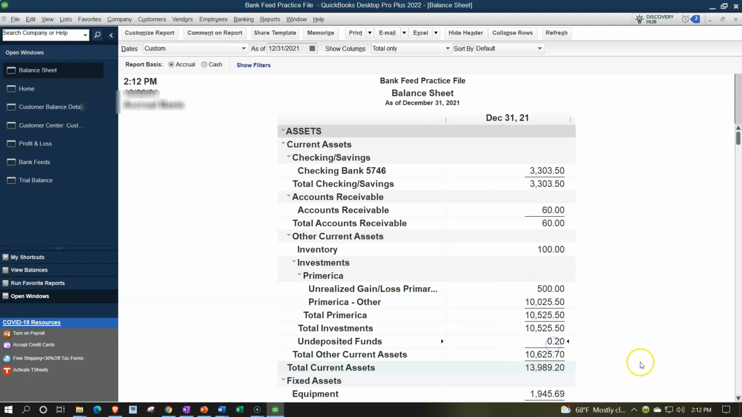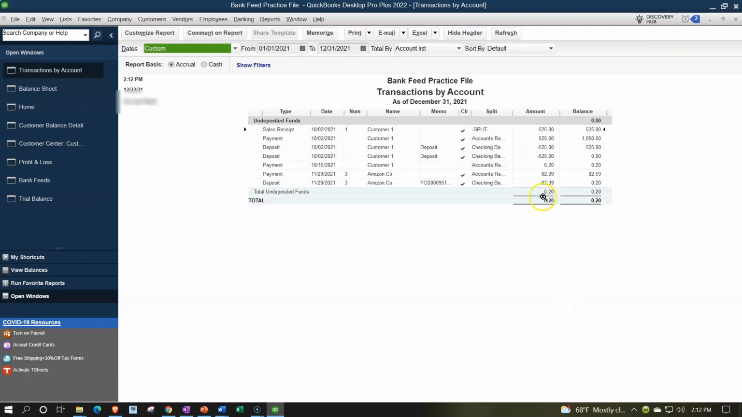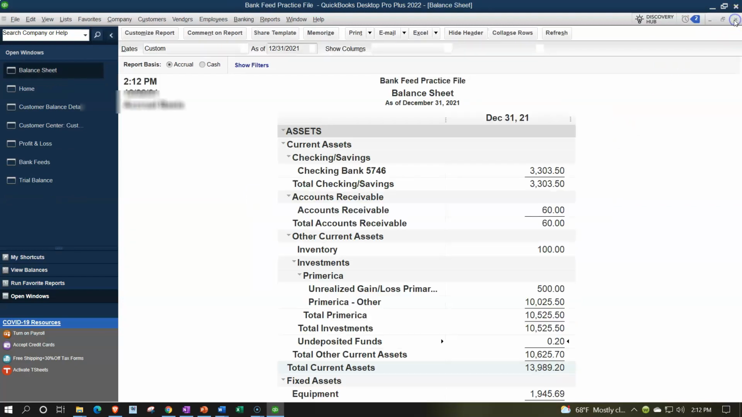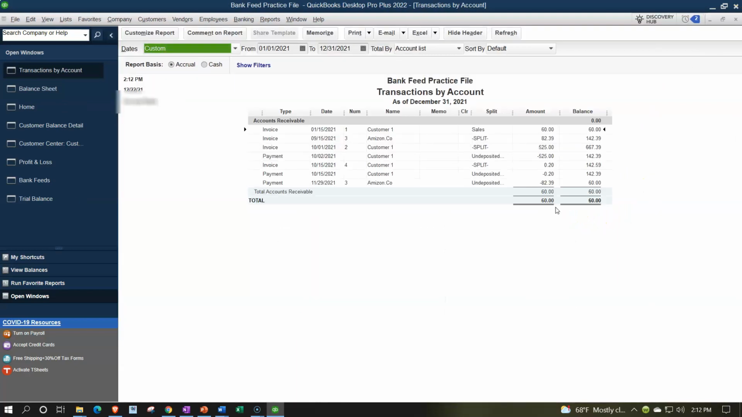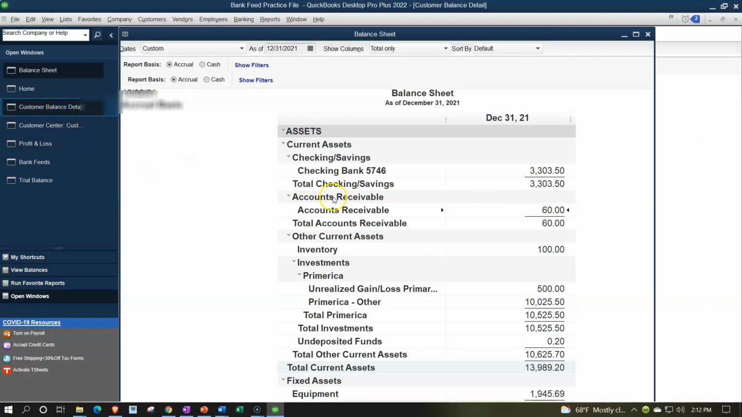We got undeposited funds at the 20 cents. Double clicking on that, there's the increase of the 20 cents. It's in our holding account now. Closing that back out, the other side is decreasing the accounts receivable. AR going down, so we have a decrease in the accounts receivable. And then it'll also be on the subledger, customer balance detail,